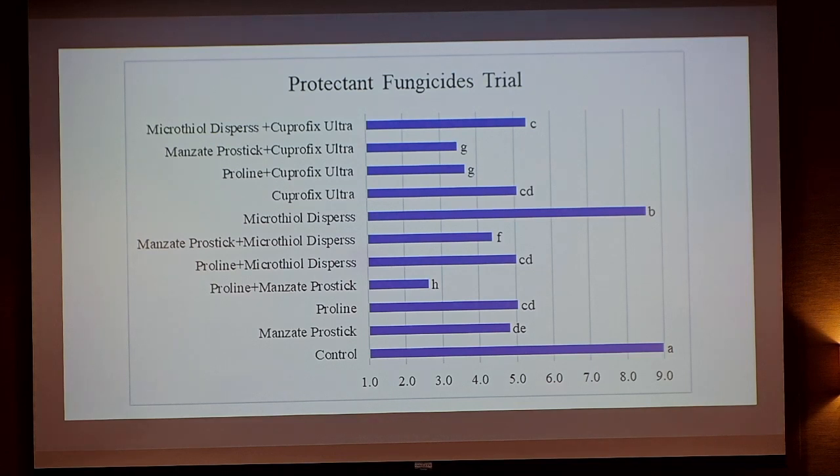Tank mix them together around a 2.5. Things to point out that were a little surprising to me was that Cooperfix Ultra had a similar performance to Proline and Manzate Pro Stick. So that is a copper fungicide that had similar performance to these other two products that are mainstays in our